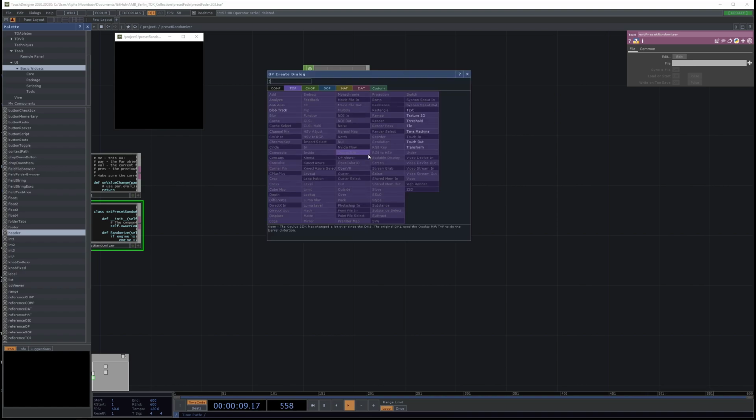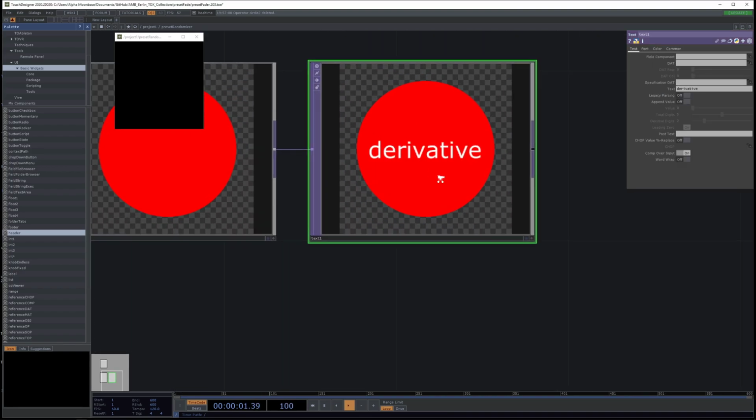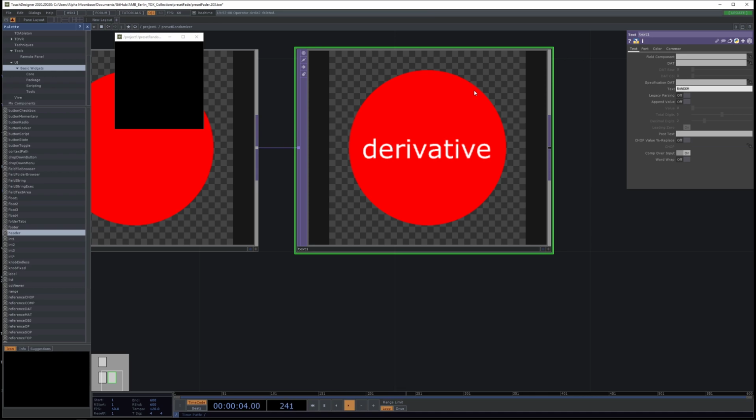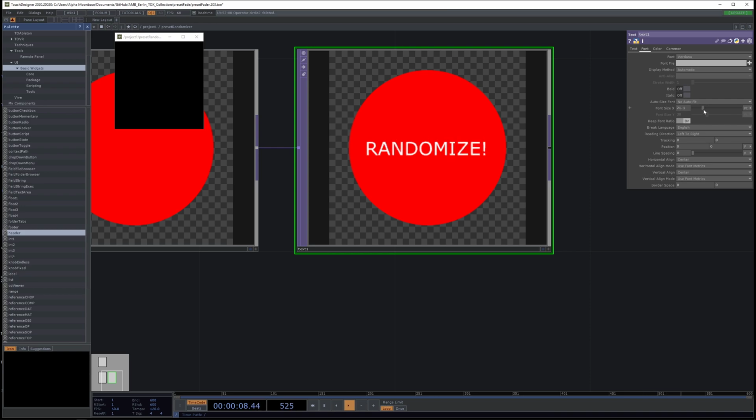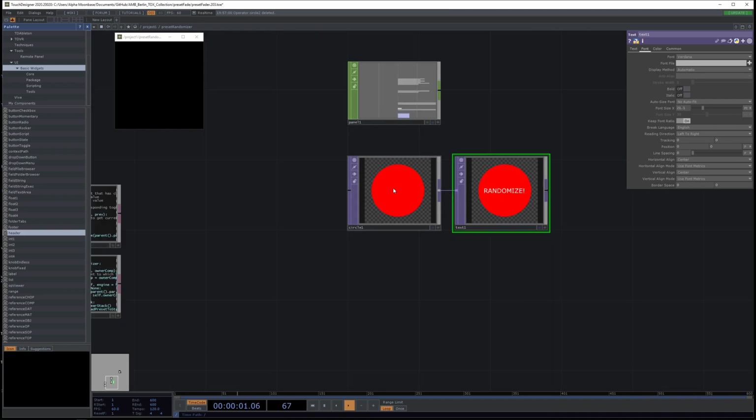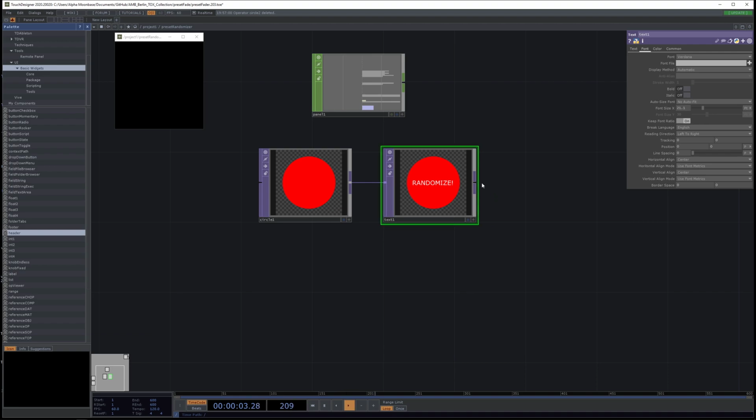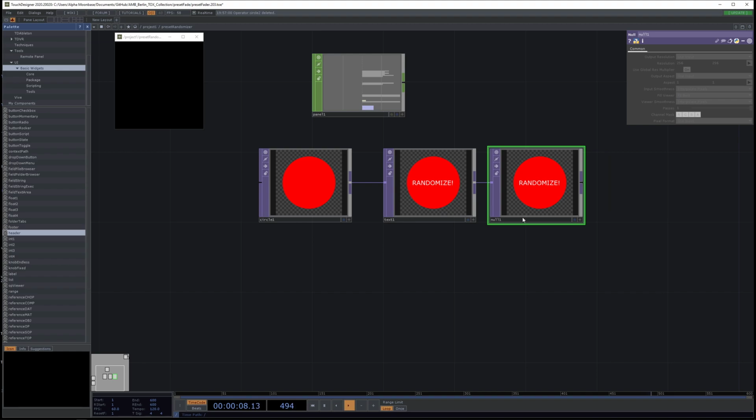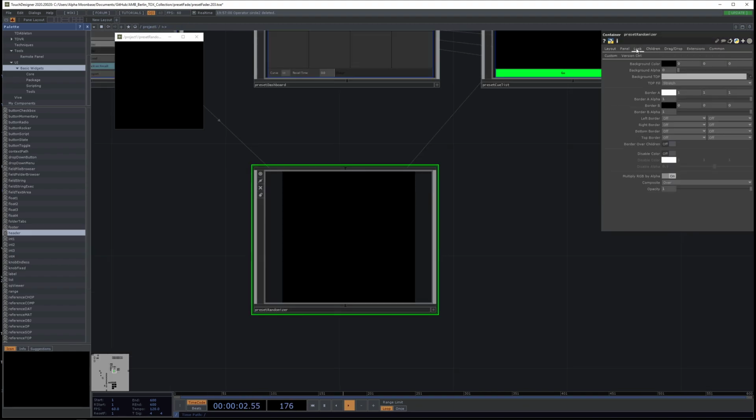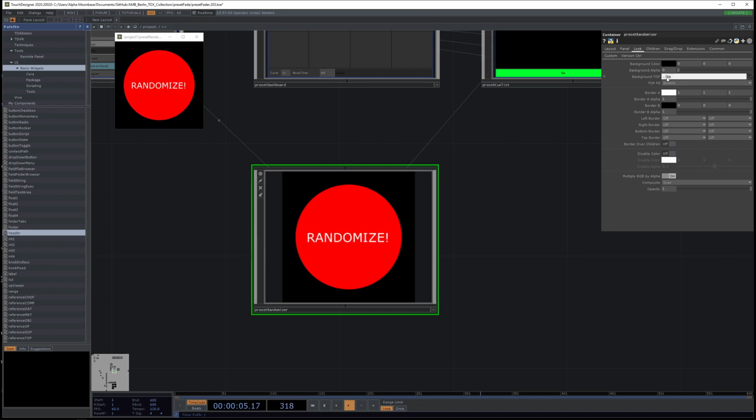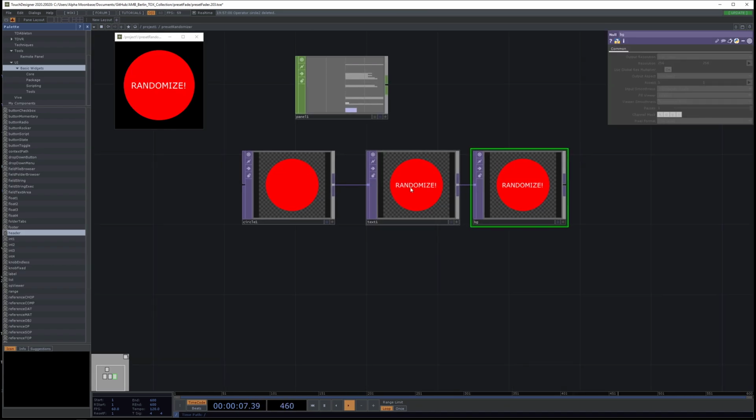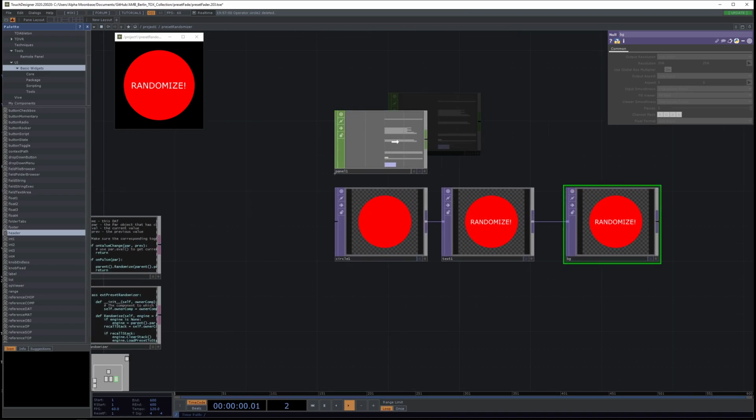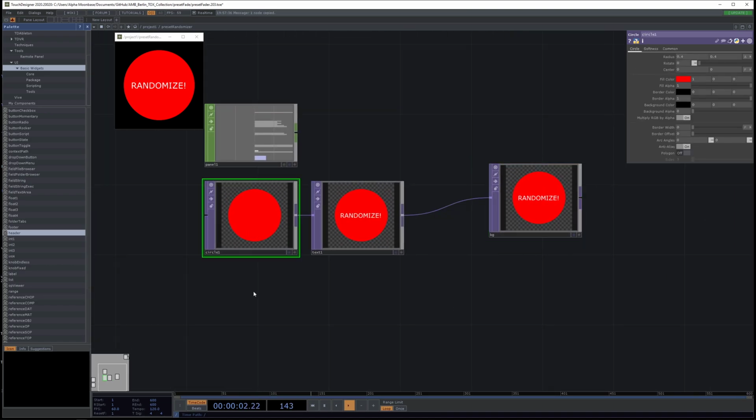We're just going to create a text. I'm saying randomize. And yeah, we're going to make this smaller, and just going to take on all. I'm really not a good designer. Seriously, it's bad. So we're just going to say randomize. And now we actually want, let's take a second circle